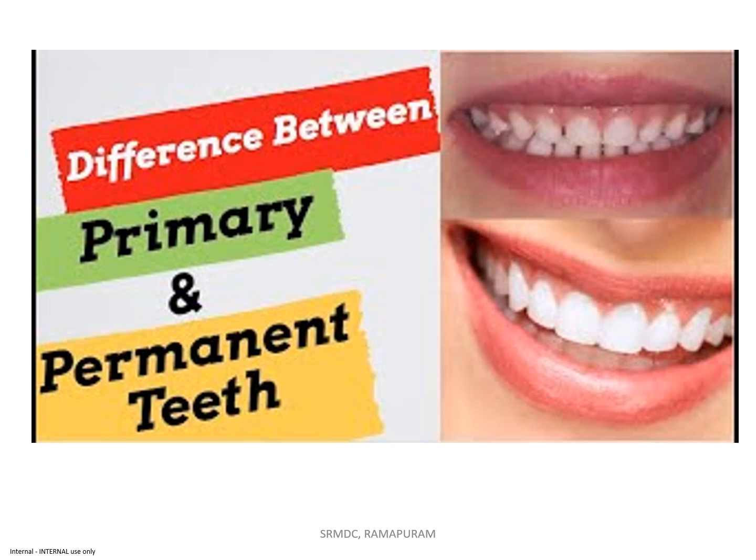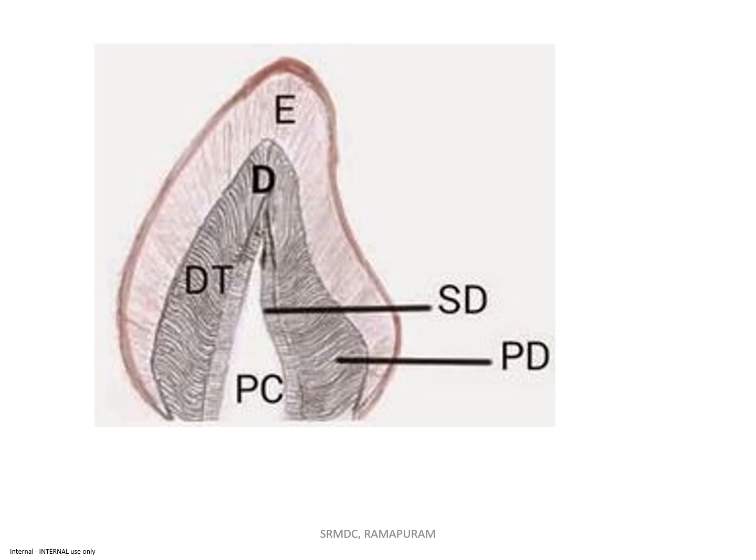This is the continuation of the morphological and the general differences between the primary and the permanent dentition. Now we will be discussing the histological differences between the deciduous and the permanent. So the histological differences in enamel, differences in dentine, differences in your DEJ, differences in your neonatal lines, pulp